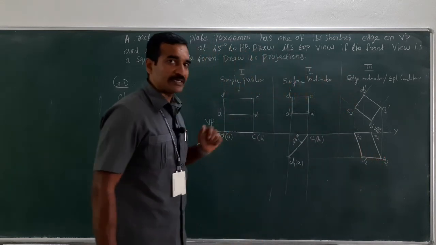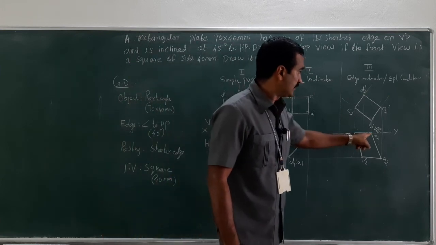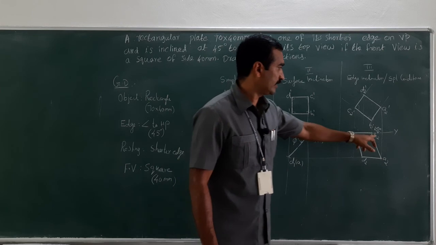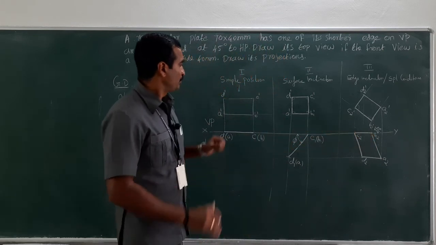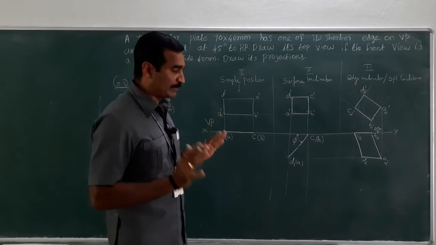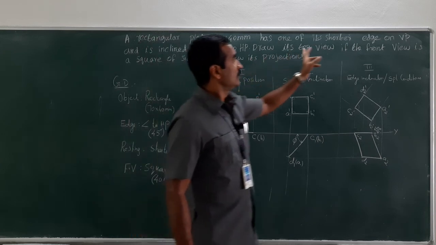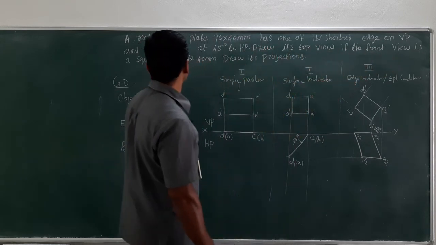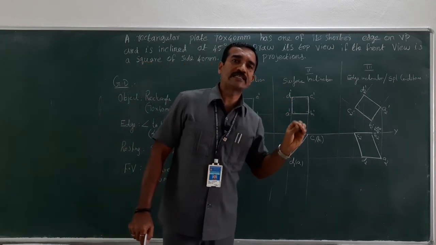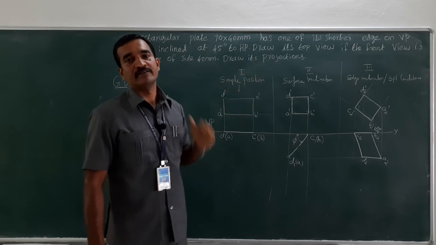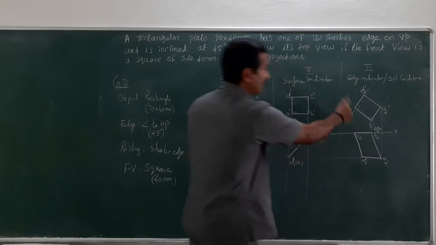Right? What was the condition I kept here? CB. Look at here. CB is resting. Look at here. CB is resting here. Right. So, in order to place the object first, that means the true shape, and how does it follow? Here it says the front view is shown as a square. So, assume this particular surface inclination is towards VP. Right. So, now I have completed the projections.